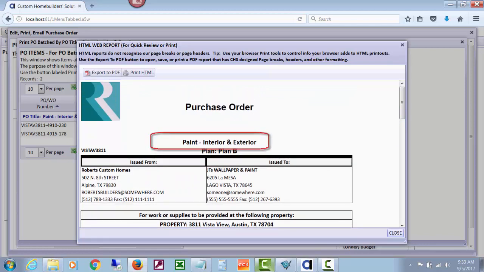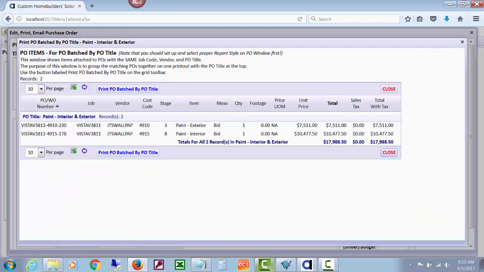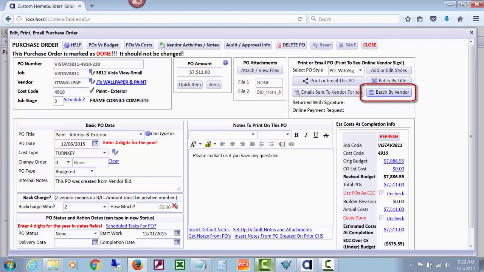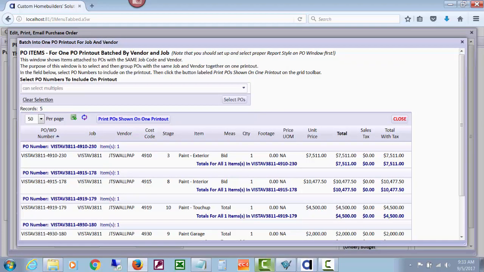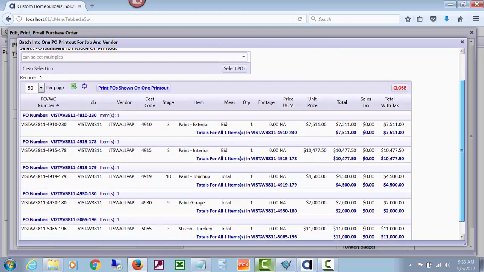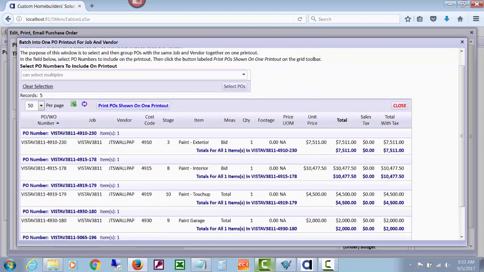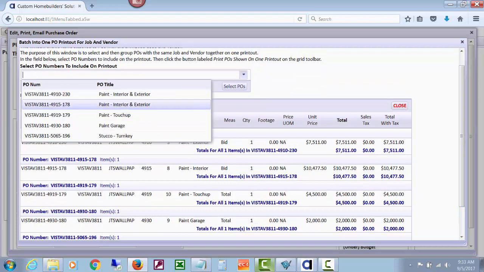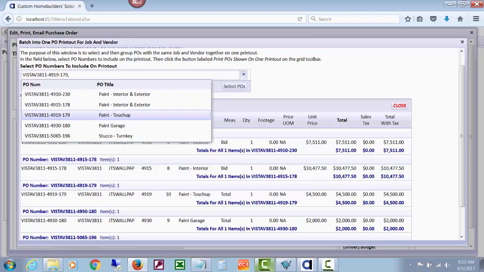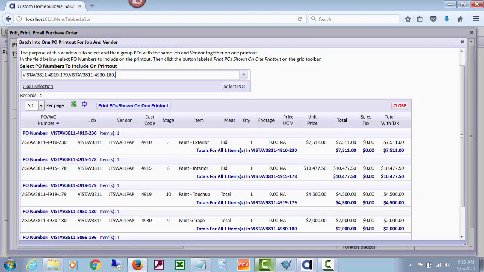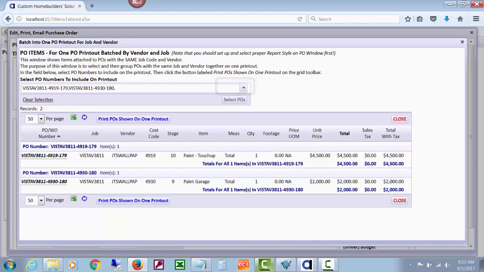The other one that you can do to batch things together is batch by vendor. In other words, all POs for this vendor and this job will show up in a list here for you to see all of them, and you can select which ones you want to include on the same printout. Now maybe I just want the touch-up and the paint garage all on one PO. So if I select POs based on what I just selected, now you'll see there's only two lines here,